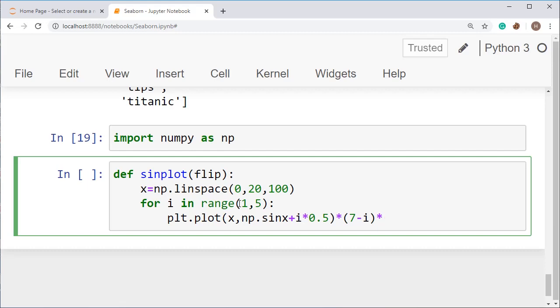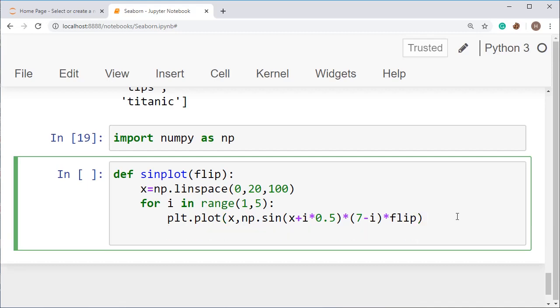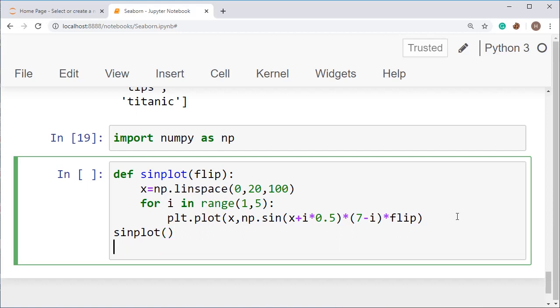Actually I am taking an equation, so don't worry about this, you can use anything. I am taking flip, putting it in brackets so that it can be understood easily. Now I am passing flip here. This will change the value of the whole function again and again, and it will help you in plotting 5 different graphs of sine, starting from different y-axis positions.